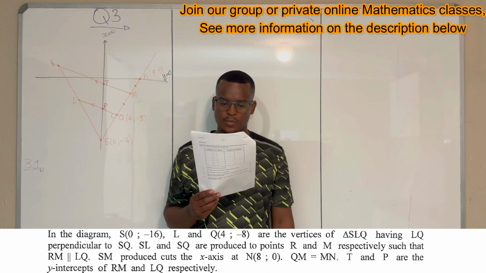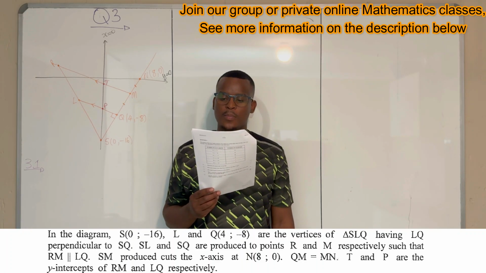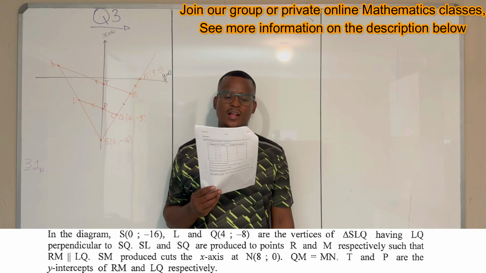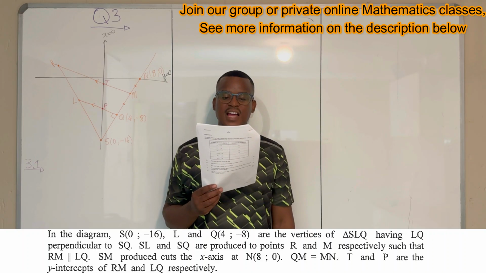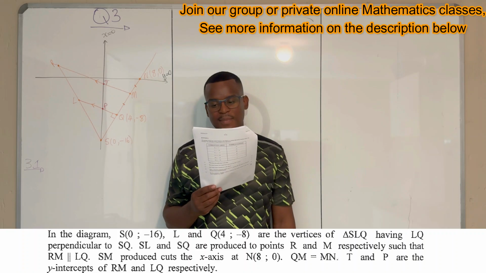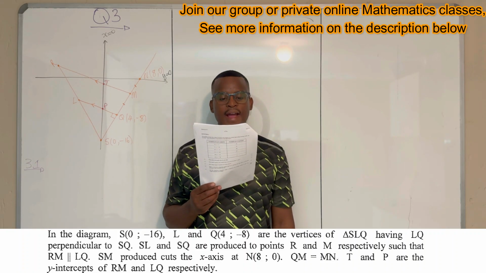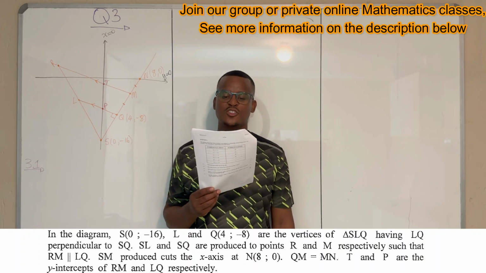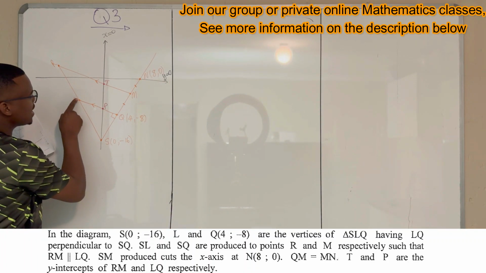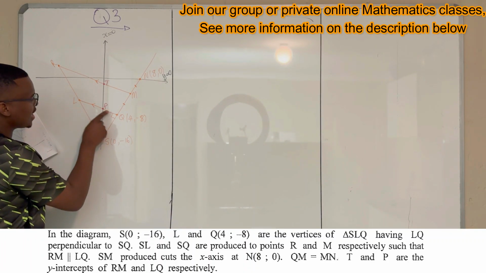perpendicular to SQ. SL and SQ are produced to R and M respectively, such that RM is parallel to LQ. SM produced cuts the x-axis at N, QM is equal to MN, T and P are the y-intercepts of RM and LQ respectively. So in this diagram, they are saying S, L, and Q are vertices of this triangle SLQ